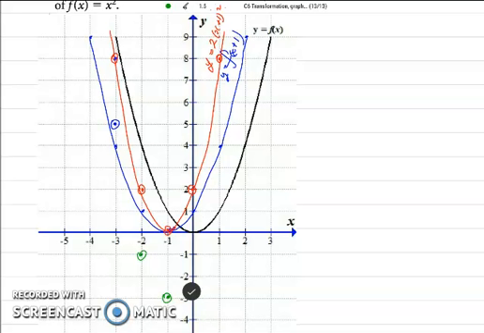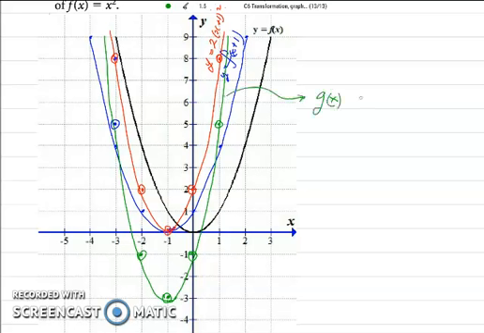This point is going to end up here. And this point goes 3 units downwards. It ends up here. All right, so let's see if we can get our final sketch. And that green graph is the graph of g of x which is